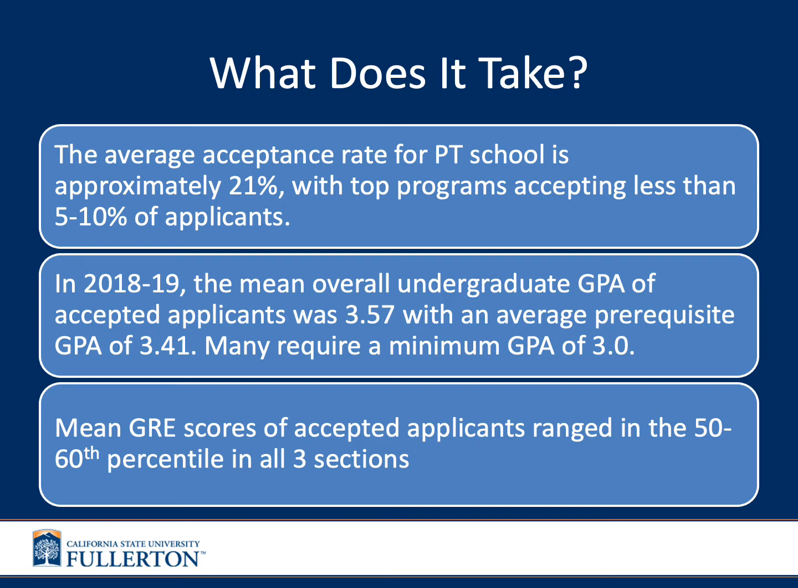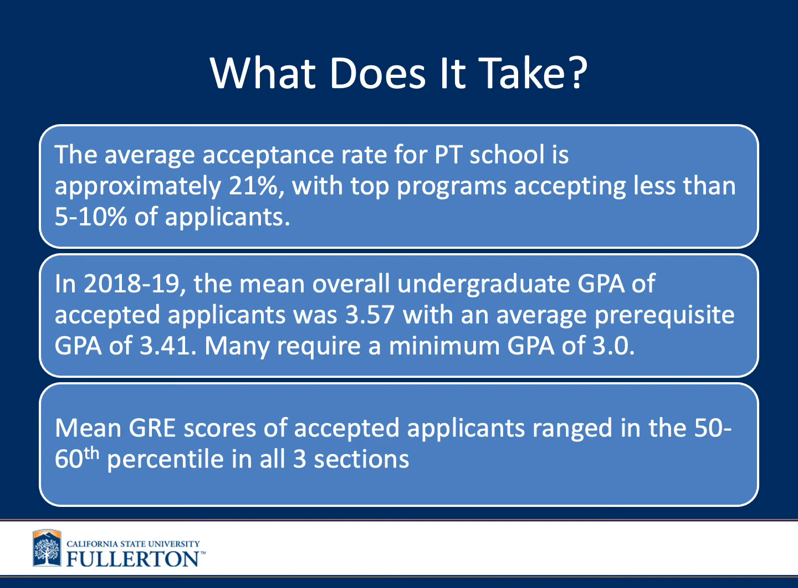First, we'll start off by talking about what does it take to become a good candidate for PT school. DPT programs are known for being one of the most stringent with their application processes and admissions, with the average acceptance rate for PT school being approximately 21% and top programs accepting less than 5 to 10% of applicants. In the 2018-19 cycle, the mean overall undergraduate GPA of accepted applicants was 3.57, with an average prerequisite GPA of